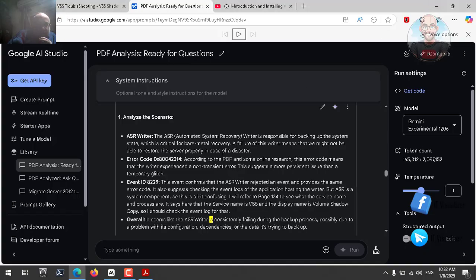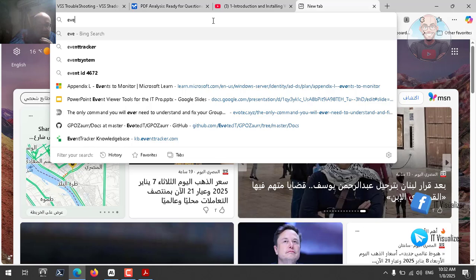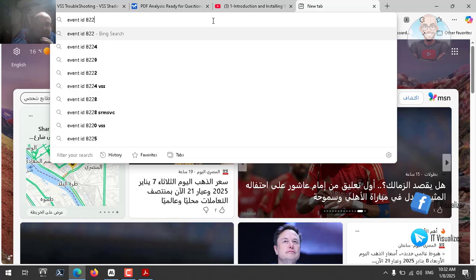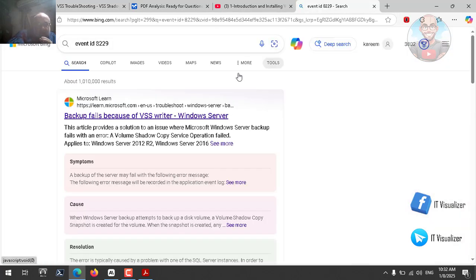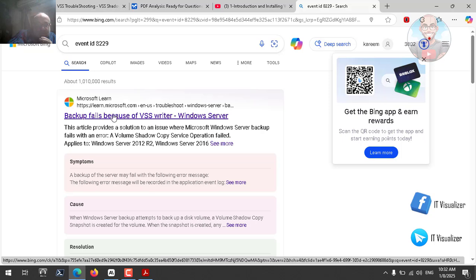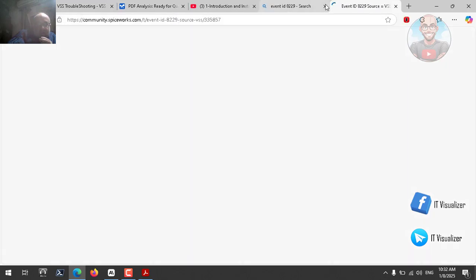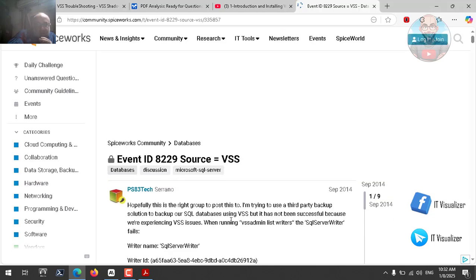So if we go and check again what event 8229 is, let's first see that this is event ID 8229. I think this is related to a failed VSS writer. So backup fails because of the VSS writer. This is the event ID. The writer experienced a non-transient error. This is actually the error. If we go there and see, so this is the error,